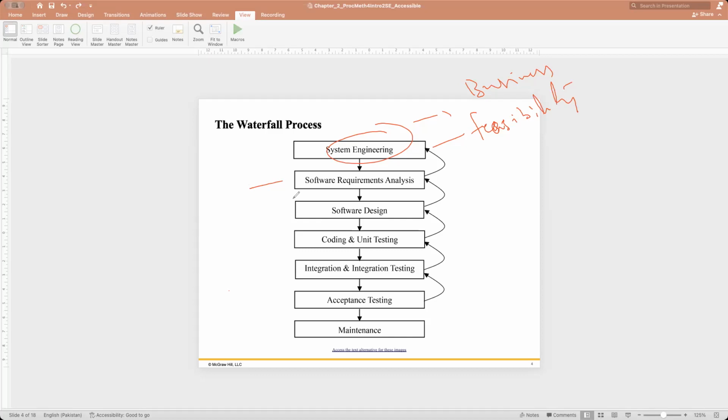Once we have the requirements, then we design, as we discussed, using some world-class standards such as UML, so that we can design the software. We can design in detail, and we can also make an architecture of it. Once the design is ready, then we go for the coding and unit testing. That means the code should work nicely, and the code units are perfectly fine.